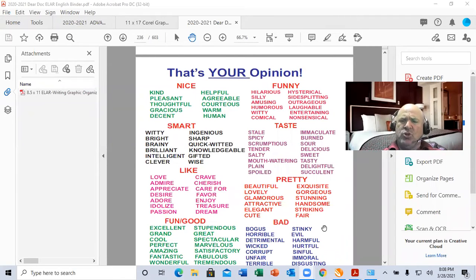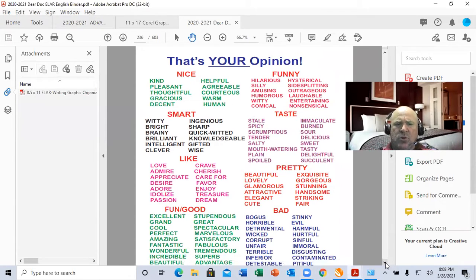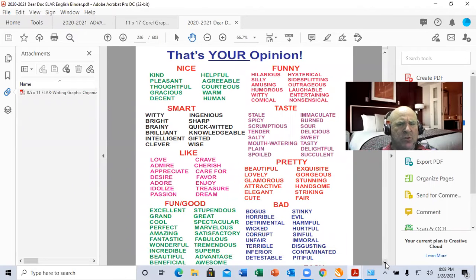Now, let's go to a seventh grader. A seventh grader one time was talking about the frustrations that happen when you deal with the everyday life of being a student. So I want to share with you real quick in the binder, if you go to page 236, as you can see here, there's a section that says, that's your opinion. You would want your kids who can only accomplish ones and twos to use those bold words that are in red: nice, funny, smart, taste, like, pretty, fun, good, bad.